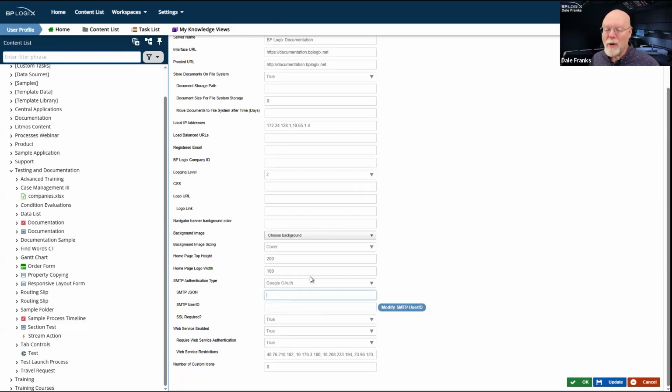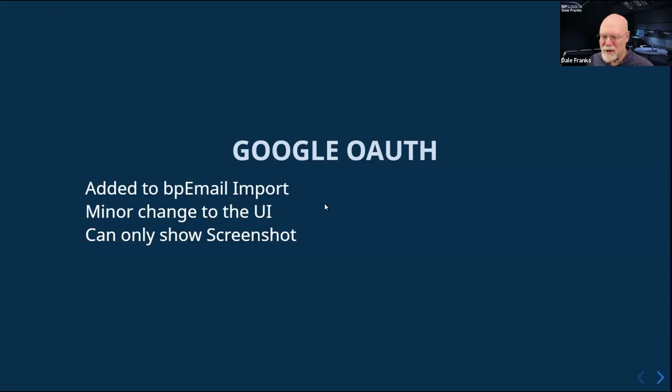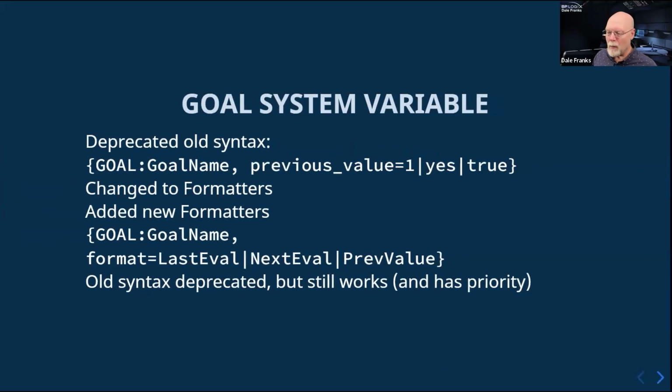So as long as you have that in the product, you have your connection to Google. That SMTP JSON contains a number of the OAuth tokens for you, I believe, so that you can just paste it in there. But anyway, that's how it works, and we've now added that into BP email import, which clearly I have already closed, but we've already seen it, so we see how that works. So that's the Google OAuth piece, and that'll be coming in 6.1.300.